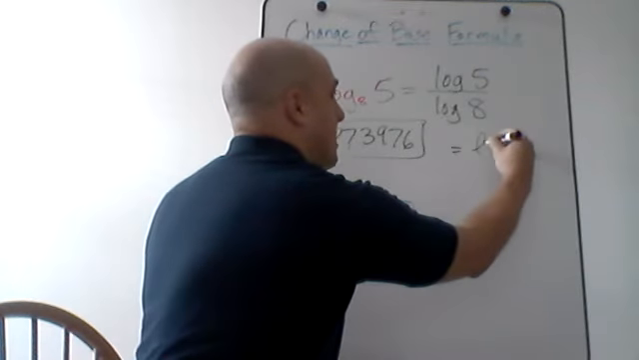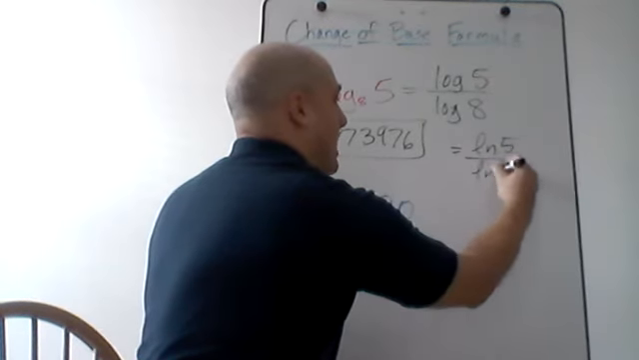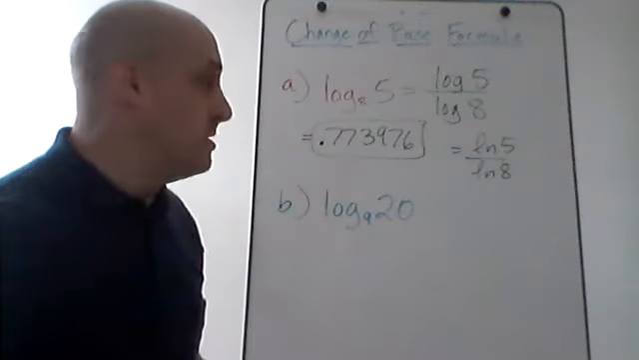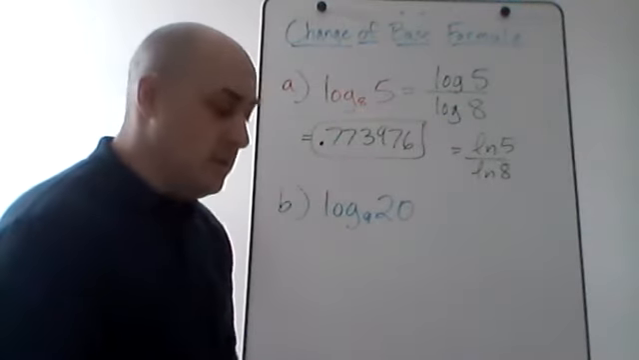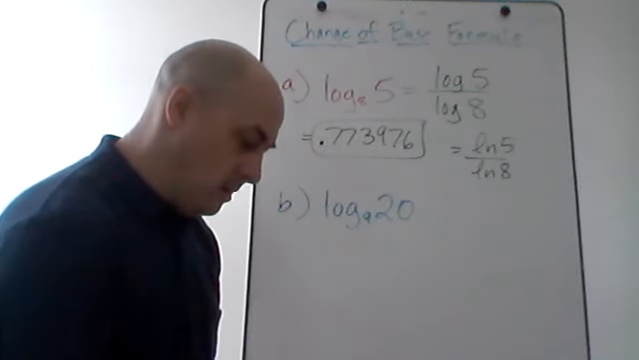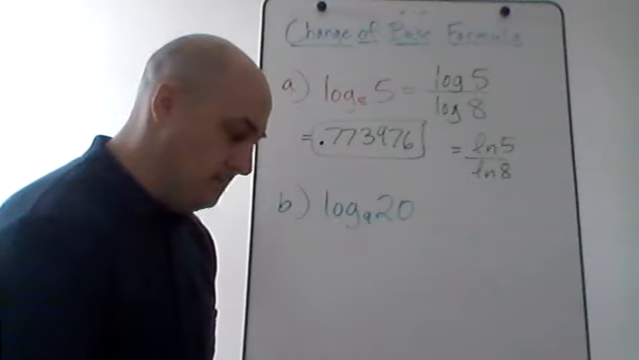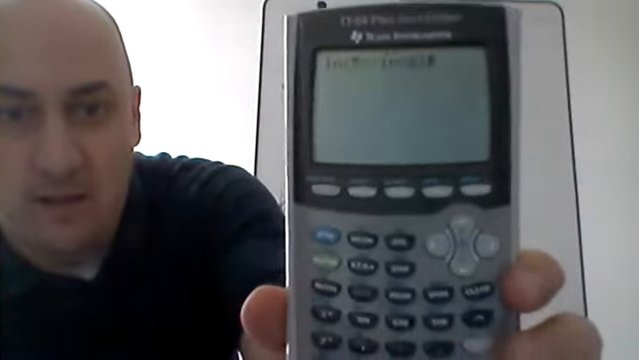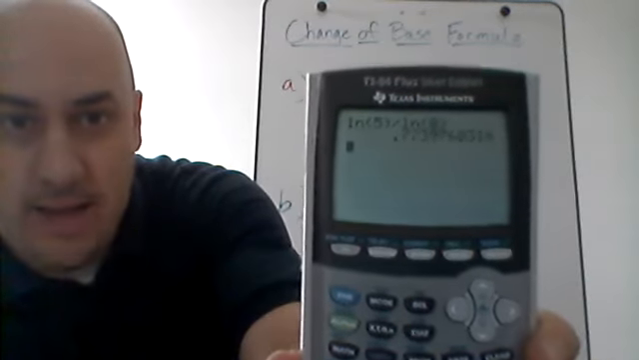Right, what if I made this ln of 5 divided by ln of 8? Would that give me the same result? Well, it should, because the formula says that I can change a base 8 into whatever base I want. So I can change it to the log, or I can change it to the natural log, ln. So I do ln of 5 divided by ln of 8, and if I hit enter, I get the same result,